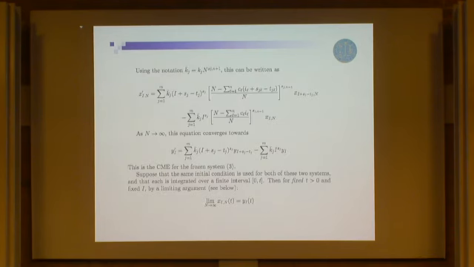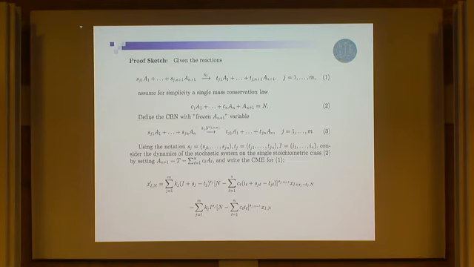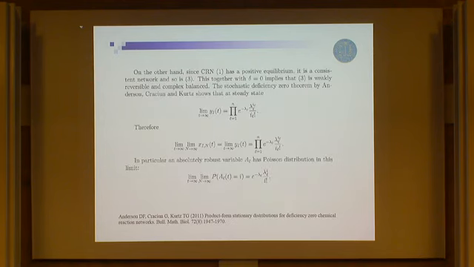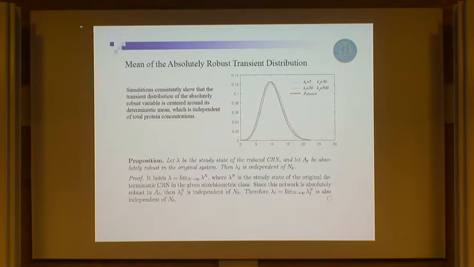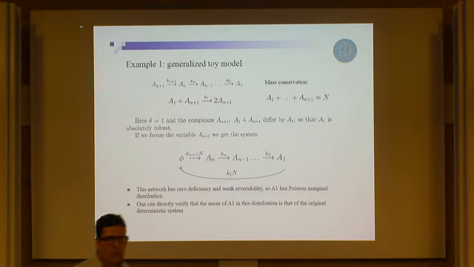The Anderson-Kurtz theorem is very clear about it. This is a Poisson distribution where the mean is lambda, where lambda is the steady state of the deterministic system, or the deterministic deficiency zero system. So if we understand well what the deterministic steady state is in the system, then we can understand why the system is robust. And that's what that proof boils down to. Okay, now let me give you a couple of examples